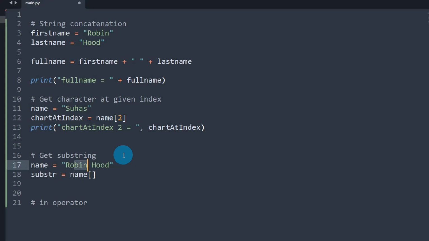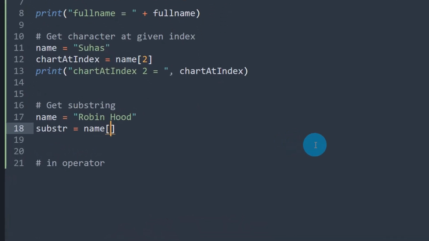I want to get these 3 letters, bin, from the name. How do you get it? This is 0, this is 1, this is index 2, and from index 2 you need till index 4, that is 2, 3, then 4. So how do we extract the substring from index 2 to 4?